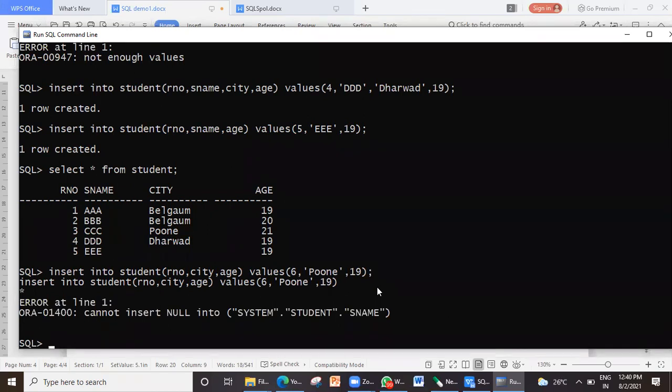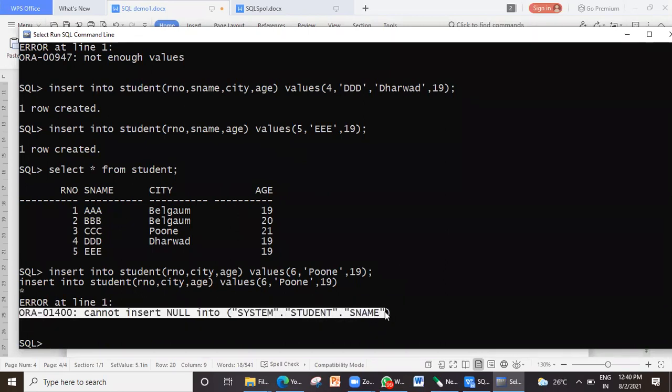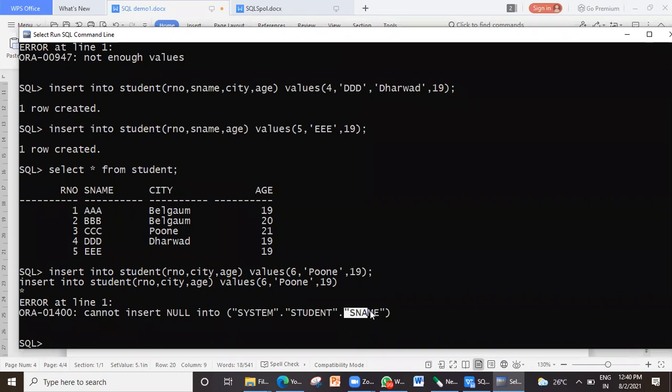What error did you get here? What message did you get? Yes. You have got a message here: cannot insert null into system.student.name. That means into the field name, you can't insert null values.